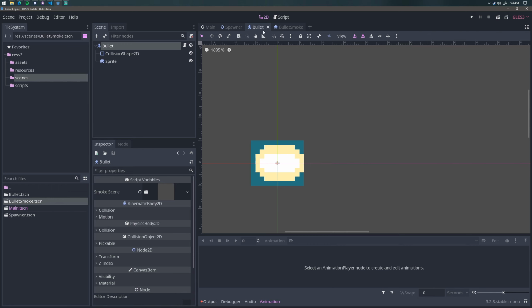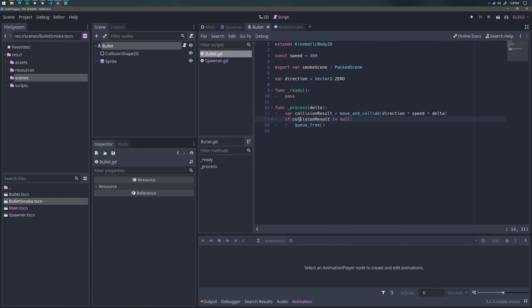Okay, so let's actually spawn that. So we have our collision result, right? If our collision result is not equal to null, we still want to queue free, but we also want to instance that smoke scene. So what we're going to do is we're going to say var smoke equals smoke scene dot instance as particles 2D. We're going to call get parent, add child, smoke,